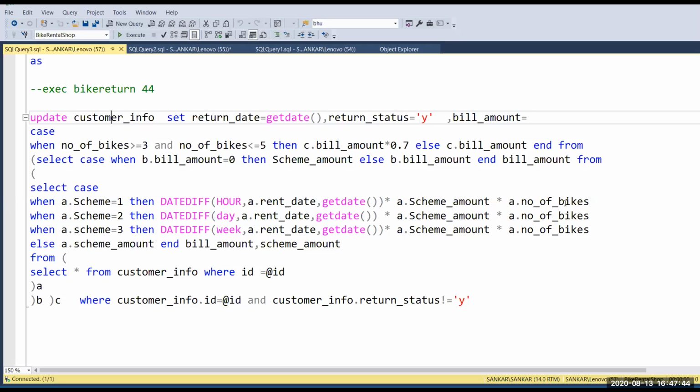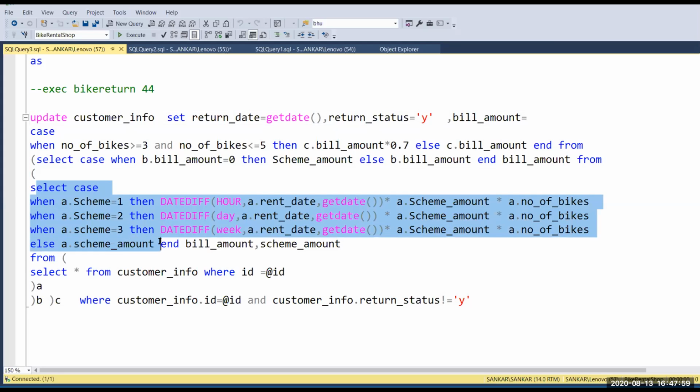So now I get the value for hours, and I have used the same concept for day and week also. This query is a subquery.